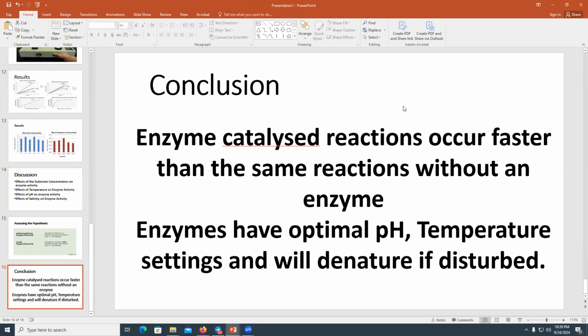In the end, we have multiple conclusions, but we'll just say, for example, that enzyme-catalyzed reactions occur faster than the same reactions that do not have an enzyme. And enzymes have optimal pH and temperature settings, and they will denature if these optimal pH and temperature settings are disturbed. So we will talk and explain these